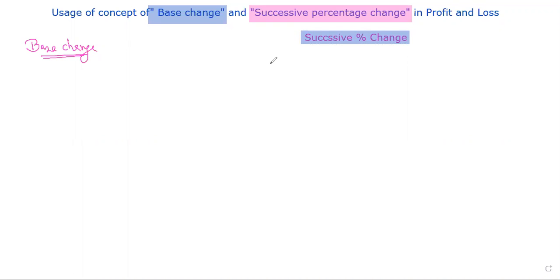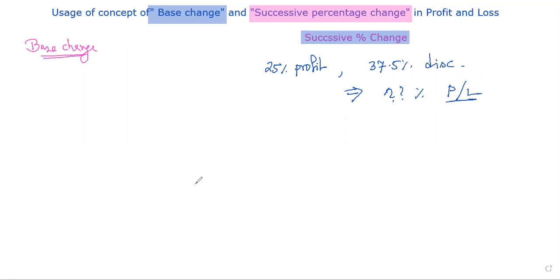Now successive percentage change is actually a very important concept, now we want to take an example of that. We know that in case of profit and loss, some terms are used, like one of the terms, let's say 25% profit, and discount is let's say 37.5% discount. So it will lead to how much percentage profit or loss? This is a question, a simple question. I have just written the data only.